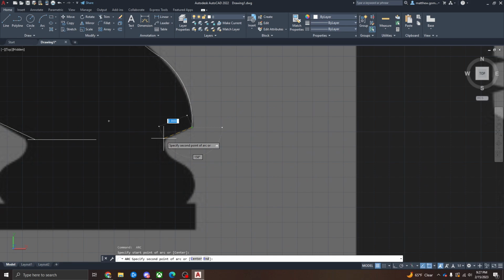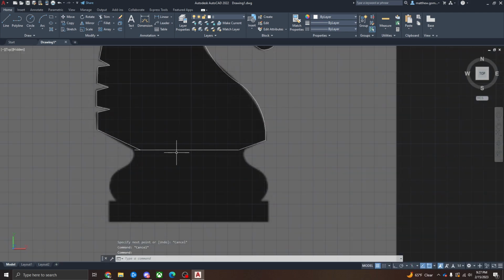Okay, so I've made it kind of back towards the end here. I'm going to extend this line over and then make that one go to there. Okay, so I think the point